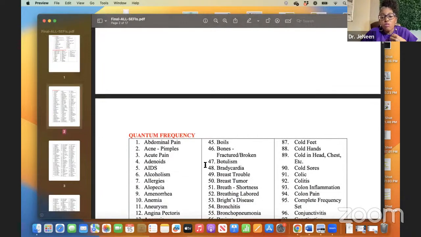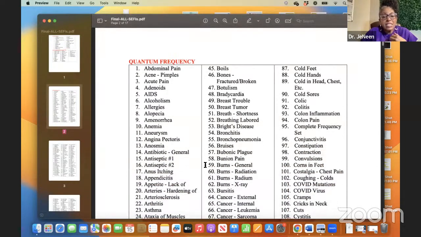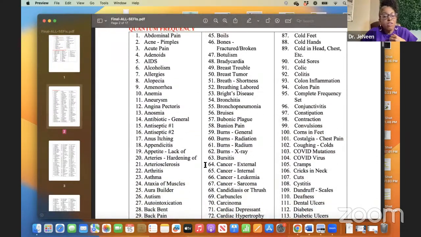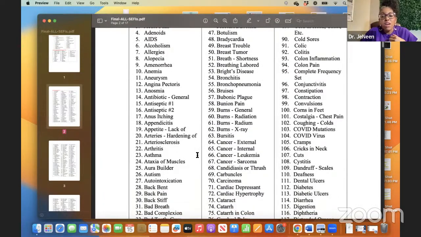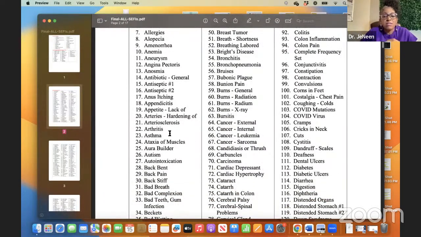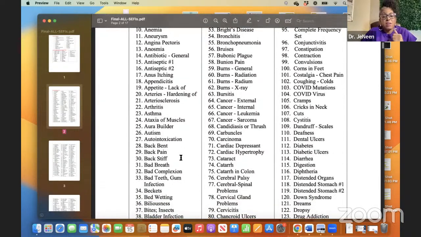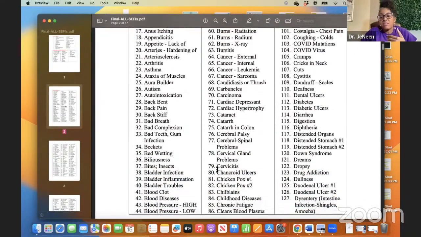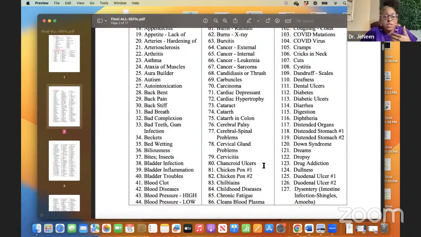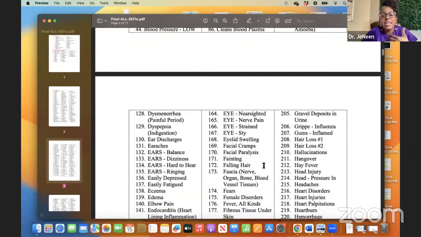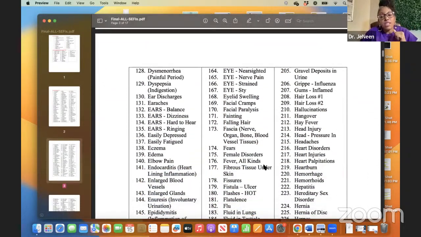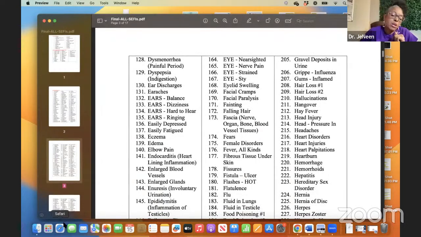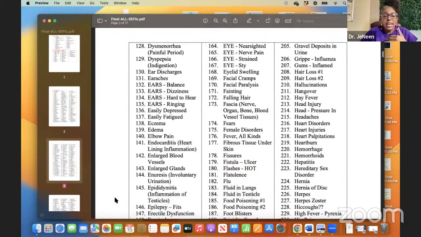I'm just going to scroll quickly just to show you. Basically, you don't have to know anything. All you need to know is the symptom. Are you having some joint pain? Go to arthritis. You can send a frequency for that. Back pain, back stiffness, digestive issues, diarrhea, anything. It can be anything. So I use a lot of homeopathy in my practice, but when I'm working with people remotely, I can't say, go to your local drugstore and get this homeopathic remedy, because they can't find them.